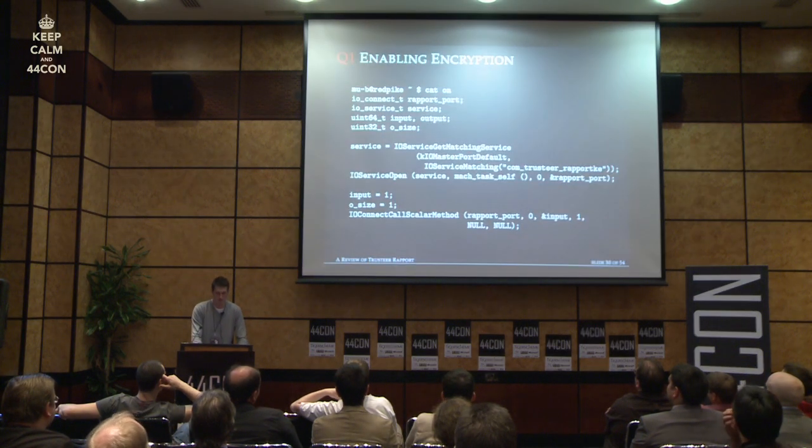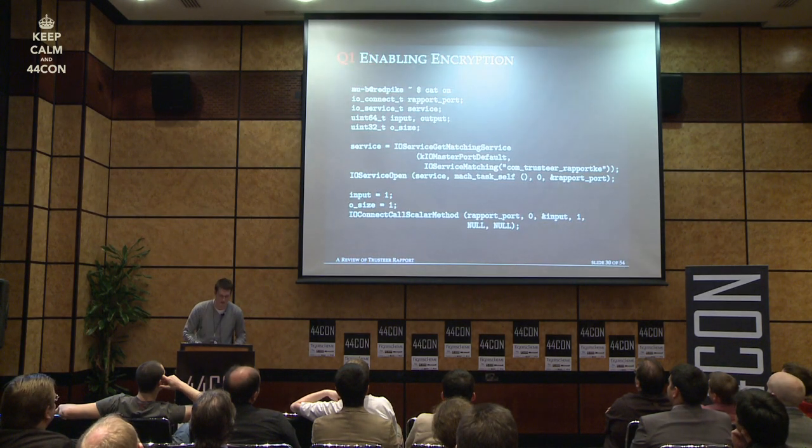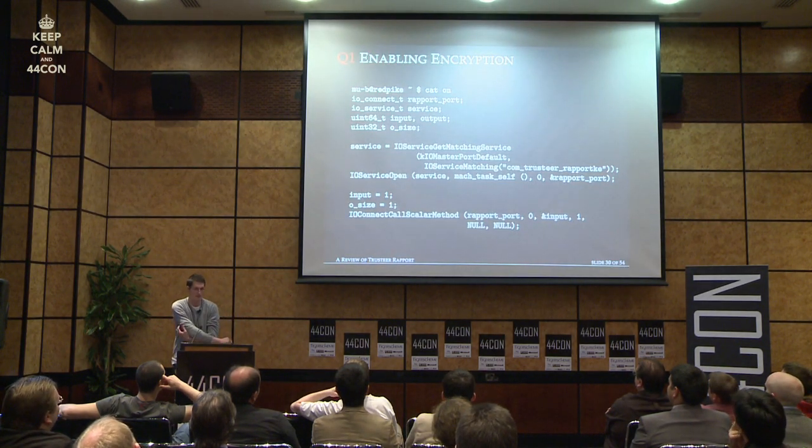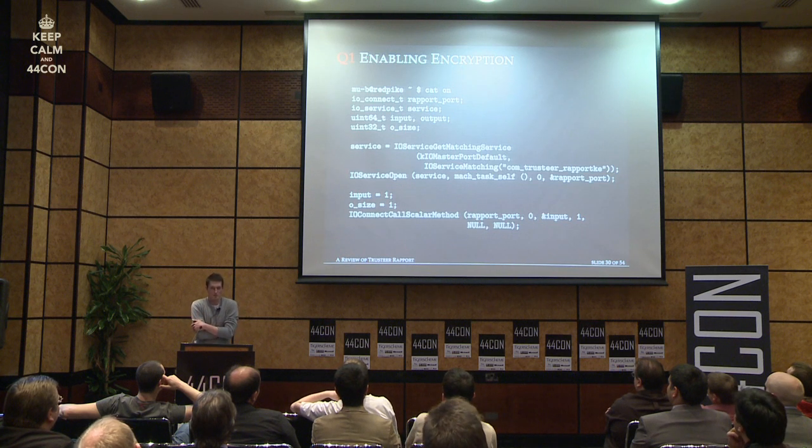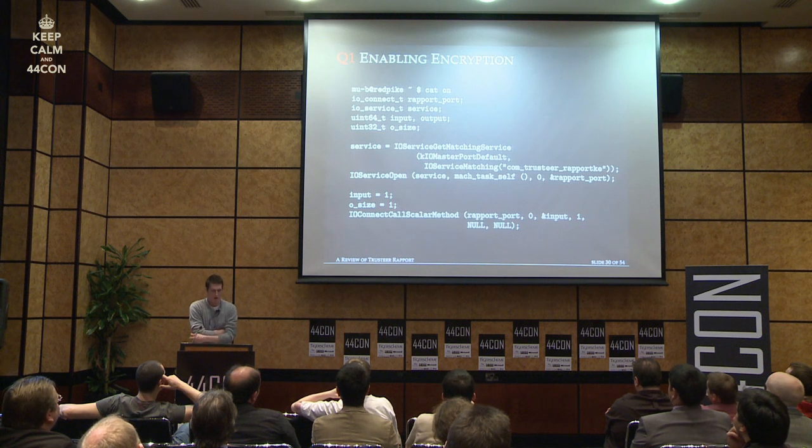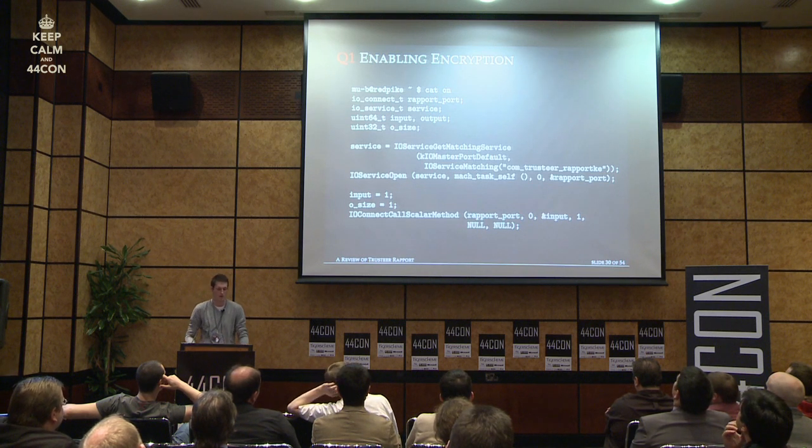So we'll look at encryption start. Well, how do you do that with this piece of code? It's rather self-explanatory. If anyone knows anything about IO Kit on OS X, you simply open a service handle to a service matching the name Trusteer Rapport KE. You open the service, at which time you can simply call IO connect call scalar method. The arguments are